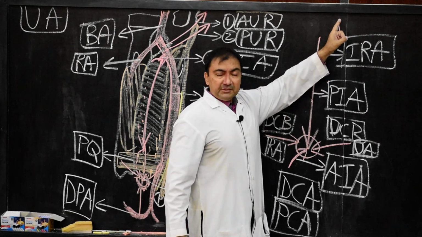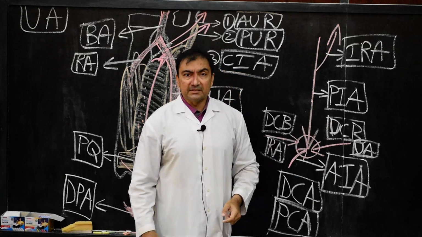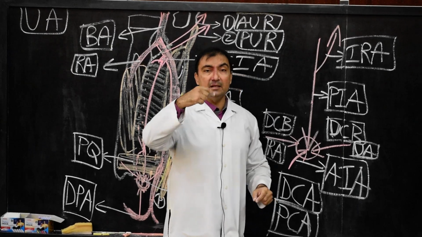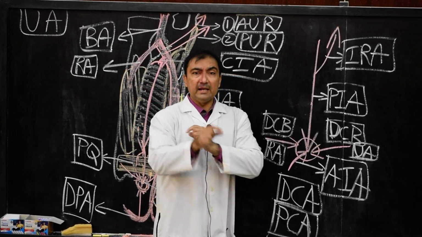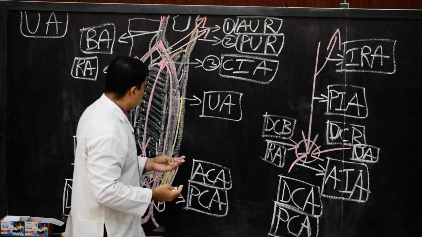Where does the interosseous recurrent artery go? It will pass posterior to the lateral epicondyle of the humerus. The interosseous recurrent artery, which is a branch of the posterior interosseous artery, will pass posterior to the lateral epicondyle of the humerus. Now coming back,